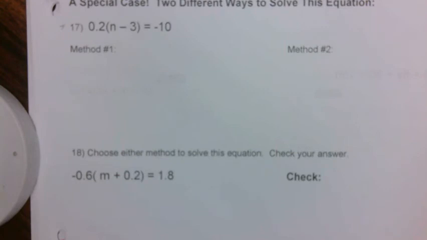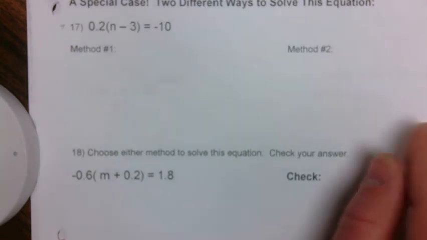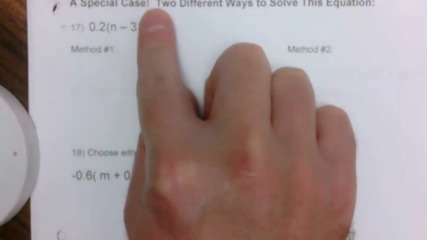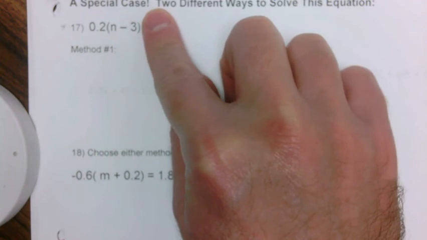The equation in question 17 shows a special case, okay? There's actually two different ways that we can solve this equation. So the equation says 2/10 multiplying n minus 3 in parentheses is equal to -10. All right, now if we cover up the equals -10 with our finger and make it look like that, okay,